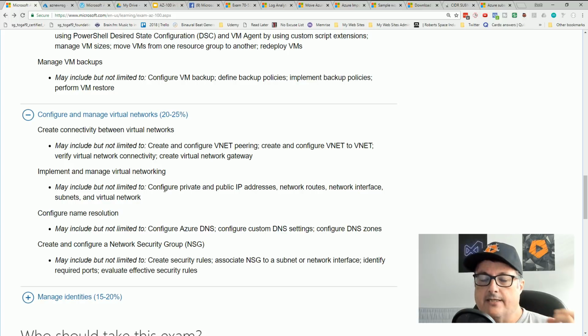Be familiar with the syntax, such that even if you don't know the exact PowerShell cmdlet, you would be able to look at a list of cmdlets and a couple of them would make more sense. The others would not follow Microsoft's naming convention. They're pretty good with PowerShell at sticking to the naming convention.